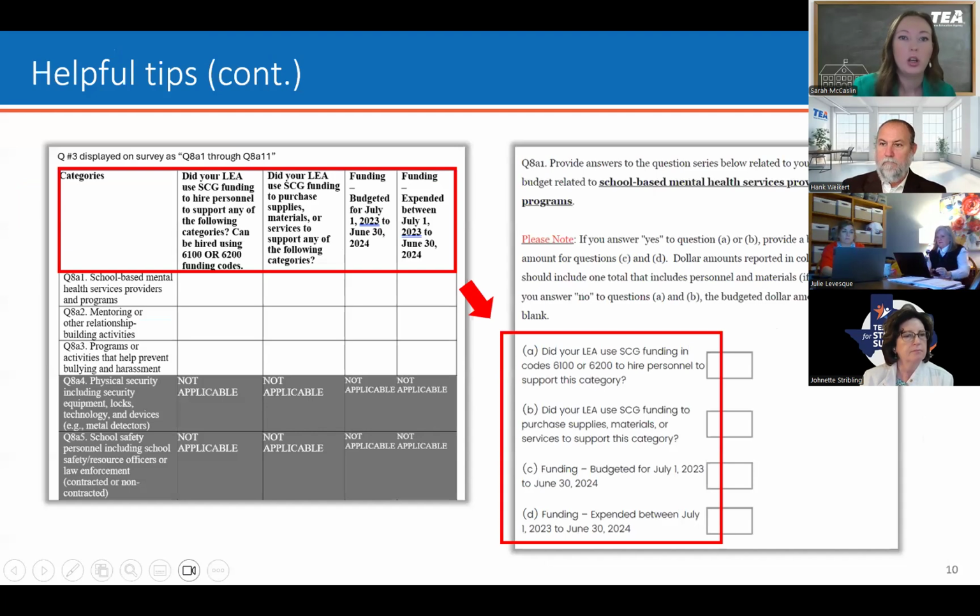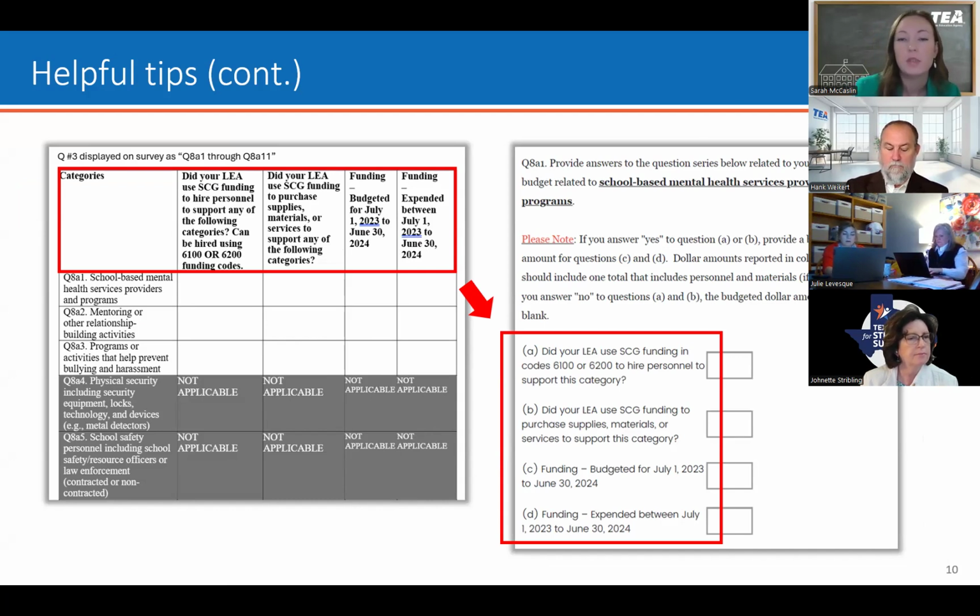Okay, so when you look at the APR fillable worksheet, the top row is your headings, and so you'll see that there are categories, and those are those predetermined categories that USDE has identified. The first column header is, did your LEA use Stronger Connections grant funding to hire personnel for any of these